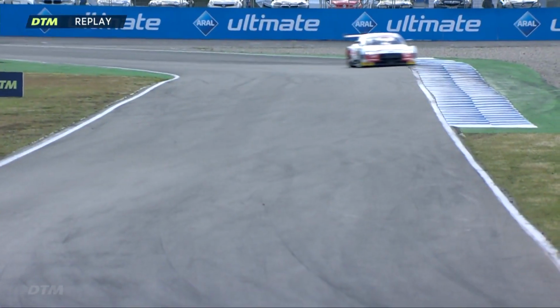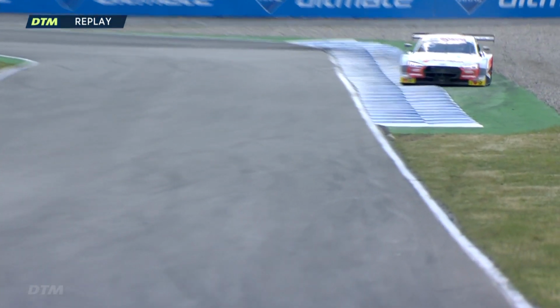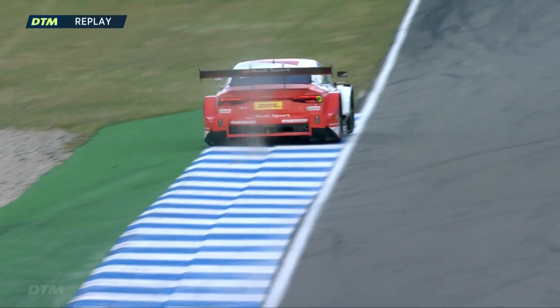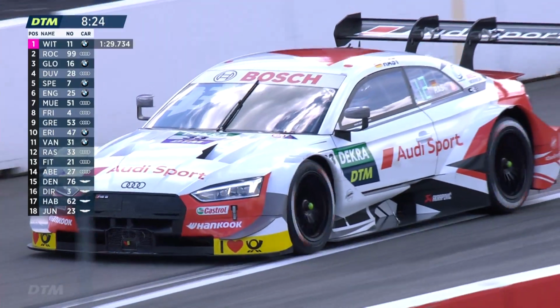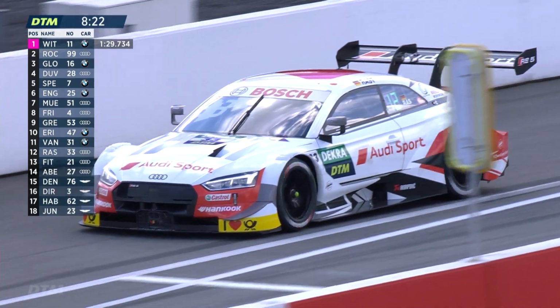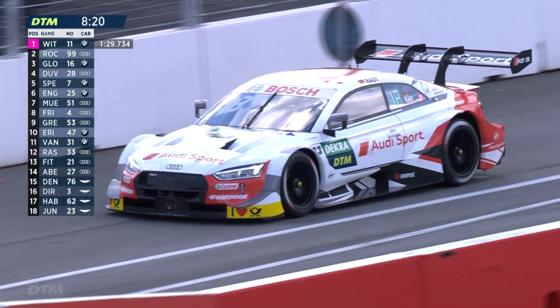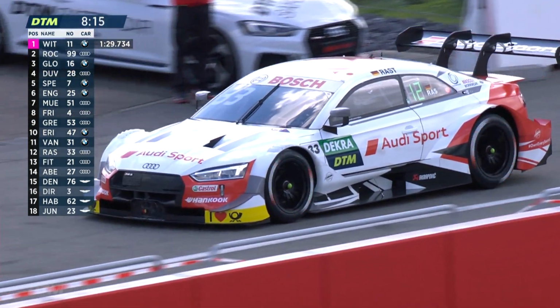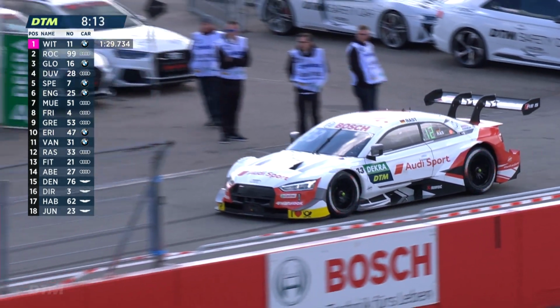Martin. Super slow-mo replay of, first of all, Marco Wittmann, and then some more high-flying, this time from René Rast in the number 33 car, who had a torrid time of it in the race yesterday and did not finish the race due to a transmission issue or a sensor issue with the transmission, which meant that René Rast didn't go any further in the race, which is a great shame because it looked like he'd got the